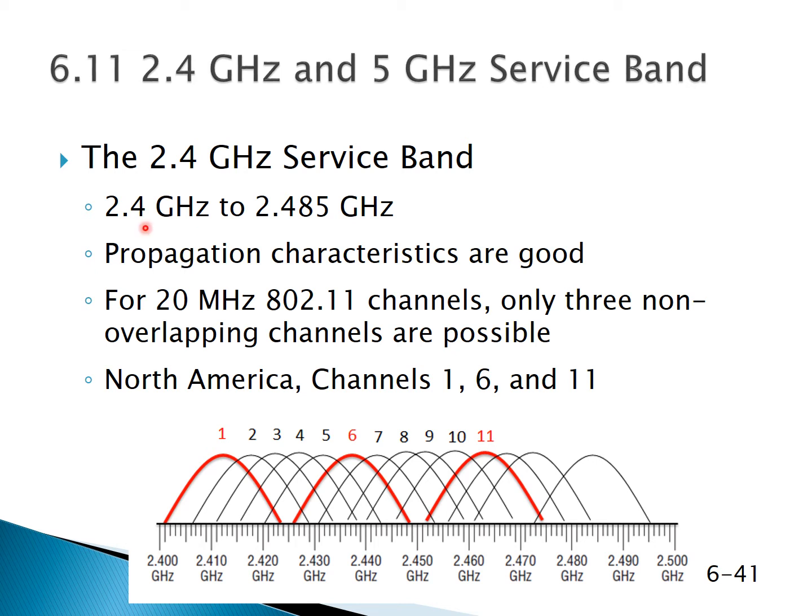But then we look at this from 2.4 to 2.485, and you can only have 3 of these non-overlapping channels, like the channels 1, 6, and 11 in the North American standard. So you may ask, there should be 85 megahertz here, right? Why are there only 3 non-overlapping channels, why not 4? The reason is that between two channels you also need to leave some space, otherwise they are too close, right? By the definition here, they could only put 3